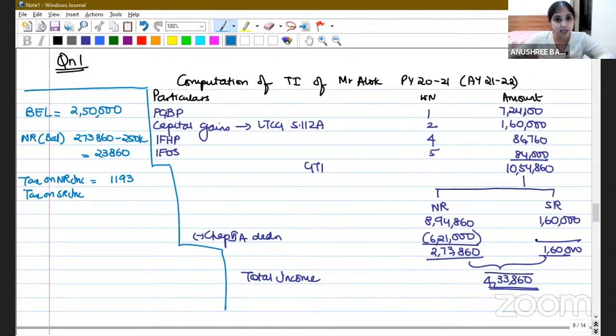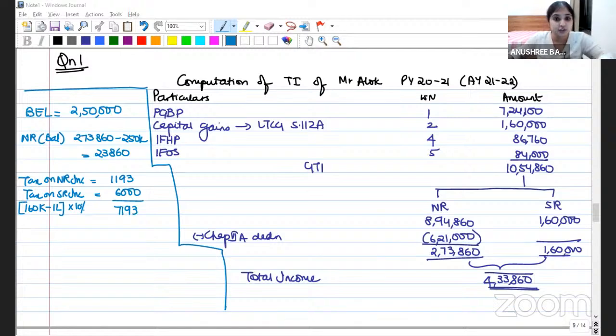I have special rate income of 1,60,000. Out of 1,60,000, 1 lakh is going to be exempt. Beyond 1 lakh, I have 60,000. On 60,000, I will calculate tax at 10%. So tax on my special rate income is going to be 6,000. How did I calculate this? 1,60,000 was my income. Out of this, 1 lakh is exempted. So balance, I'm left with 60,000 on that 10%. Right? So what is the total tax now? 7,193. From this, what do we subtract?